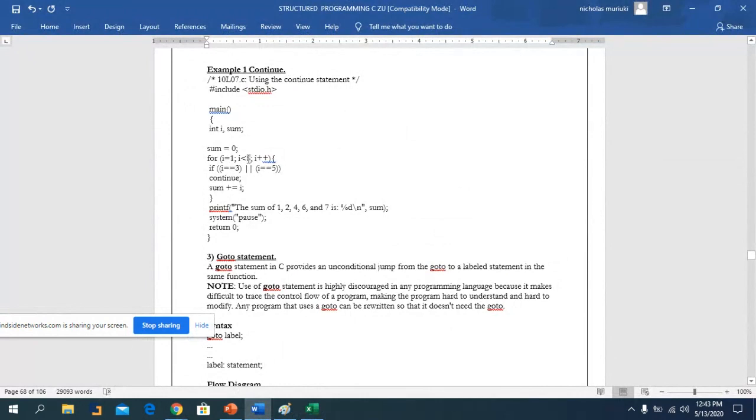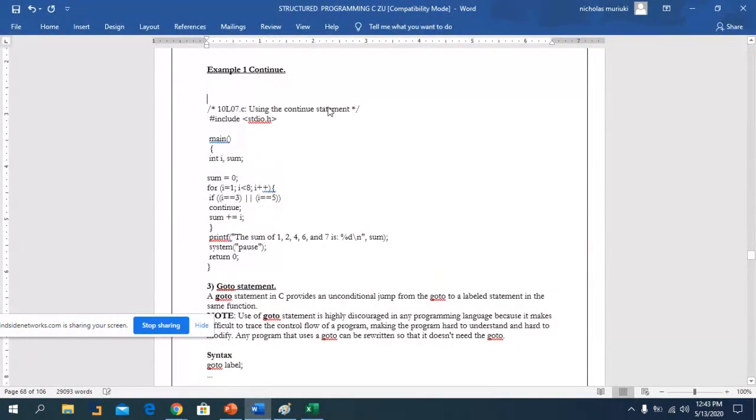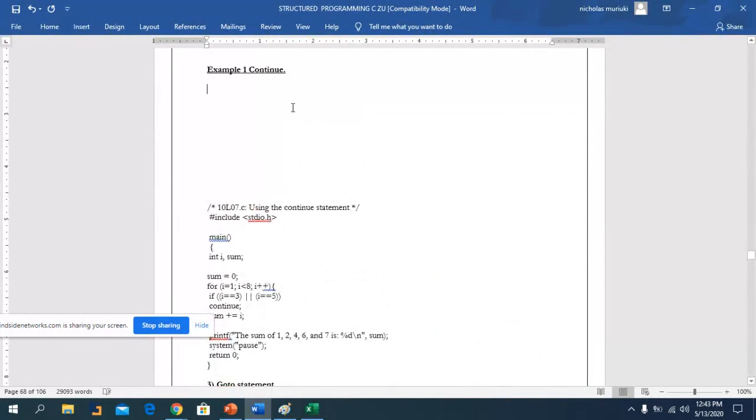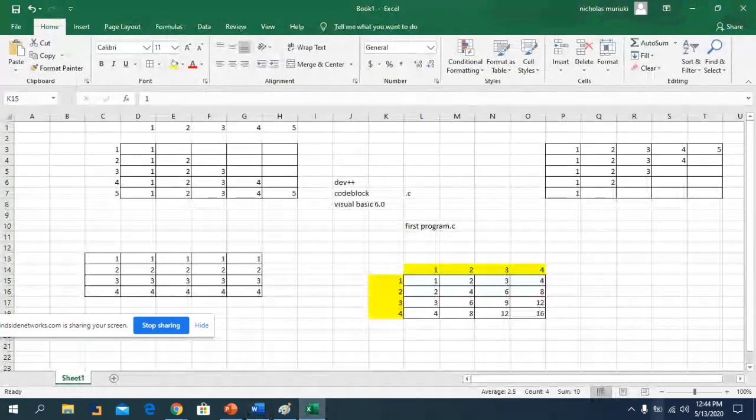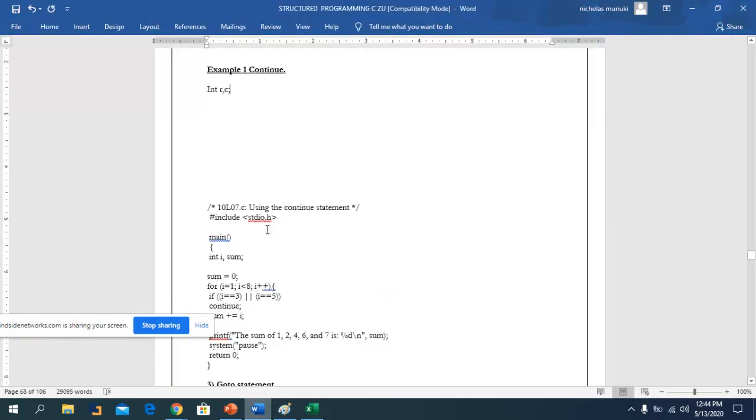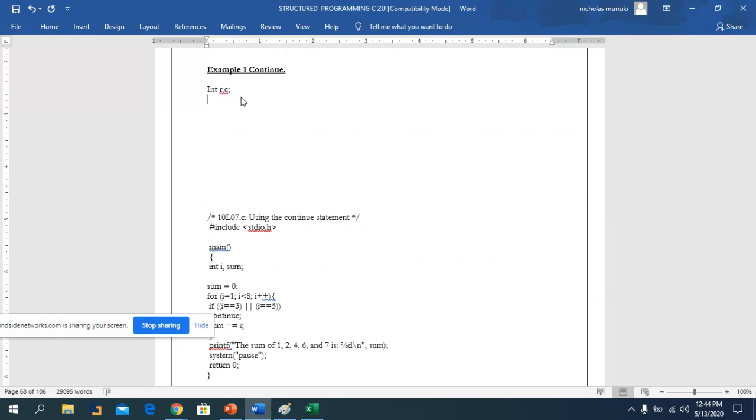What I have said is that we need to introduce a variable int. I have introduced a variable called R, and another variable called C. Then I close that, because we are introducing rows and columns. When you introduce this, remember, I'm using a for loop. I have said a for loop is the simplest one to use. So I use for